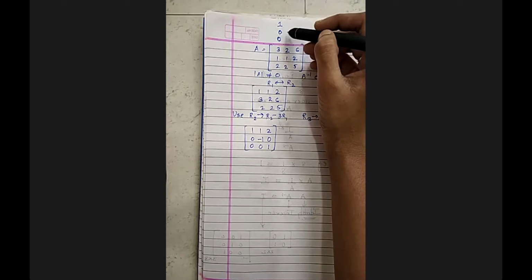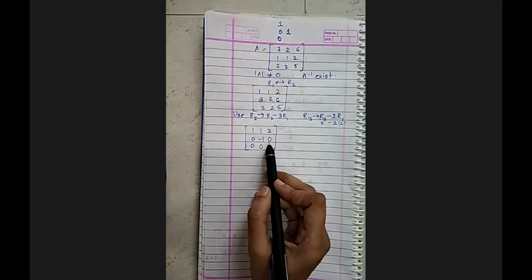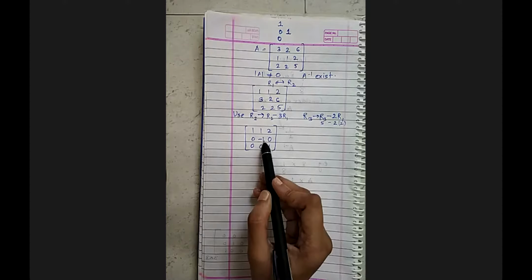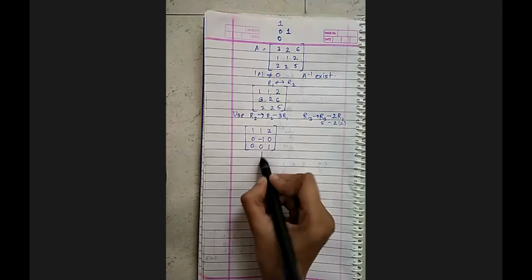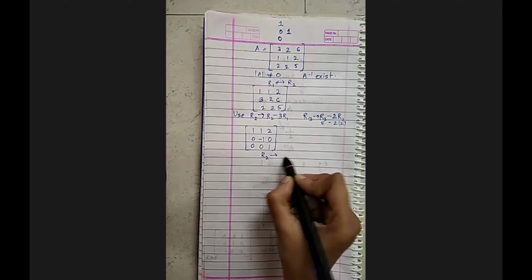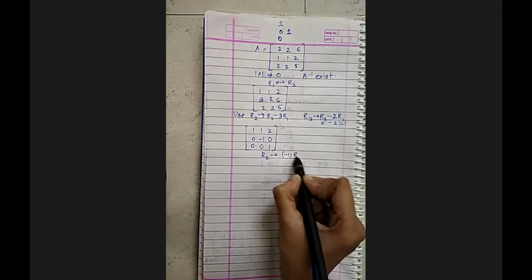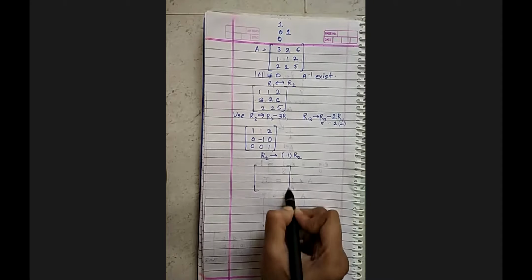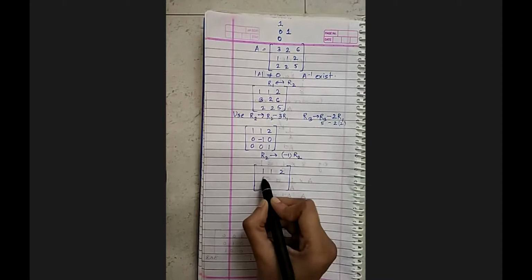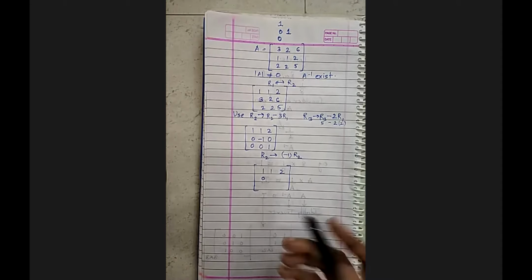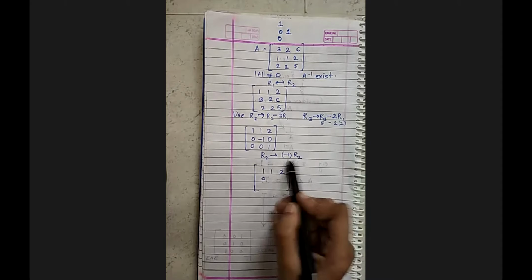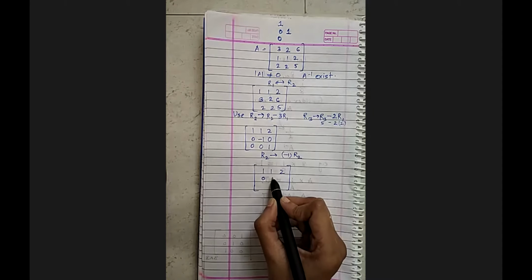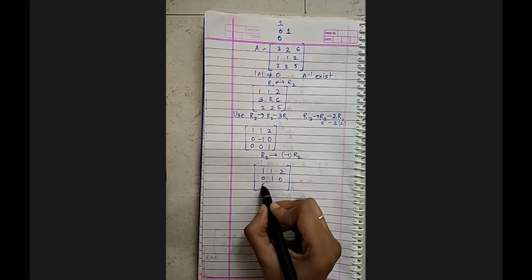Now you have to move to the second column. So in the second column, your first step is to get 1 over here. But if you see the matrix which you got, you have minus 1 over here. So simply what you have to do is multiply your R2 with minus 1. So it becomes plus 1, right? Very simple. If you multiply anything to 0, it doesn't matter. That is the reason we are doing this particular transformation. Okay, so it becomes positive 1.